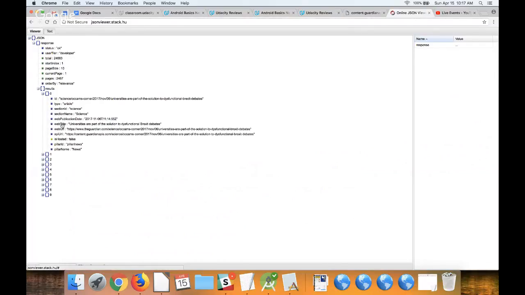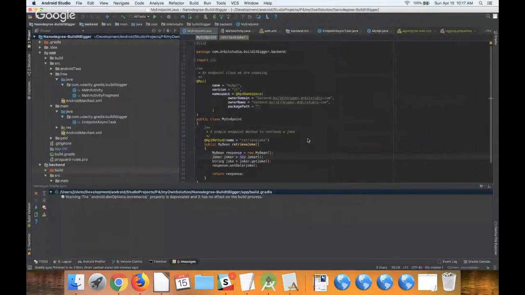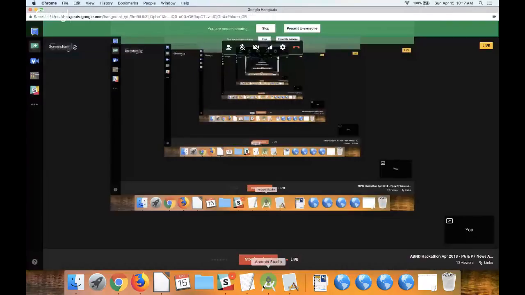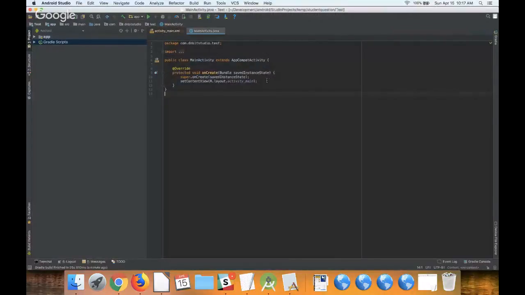Essentially there are two very different parts of the project. One is where you do the network request, and the other is where you use the data that comes from the network request. So, coming back to Android Studio, obviously this is an oversimplification.